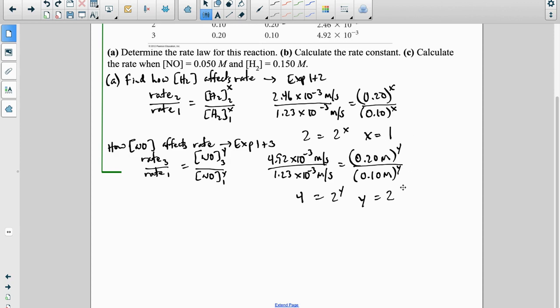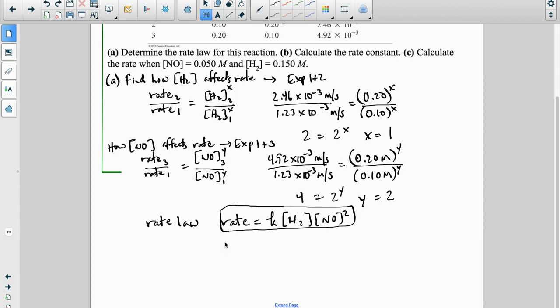So based on these orders now, I can write my rate law. My rate law is going to be rate equals k times my H2 to the first power, and then my NO to the second power. So there's my rate law for part A. For part B, again, calculate the rate constant. We're going to plug in using experiment 1